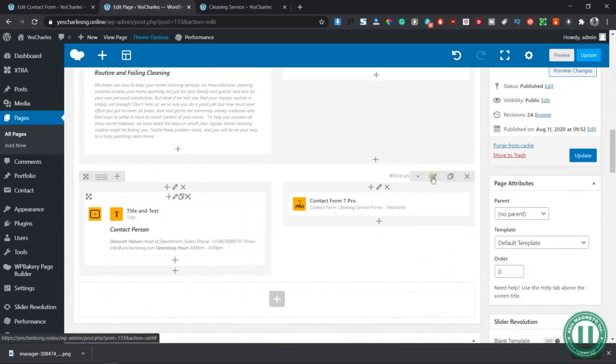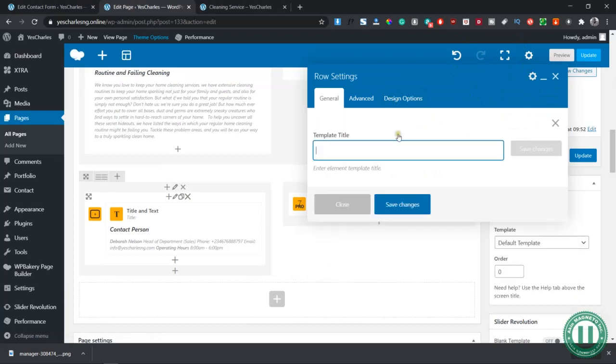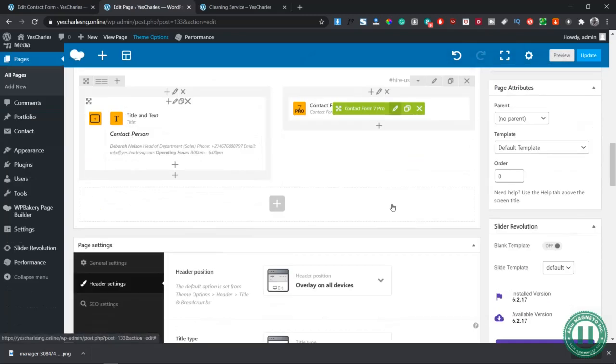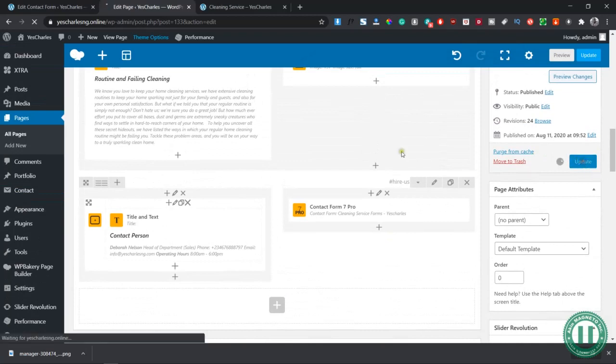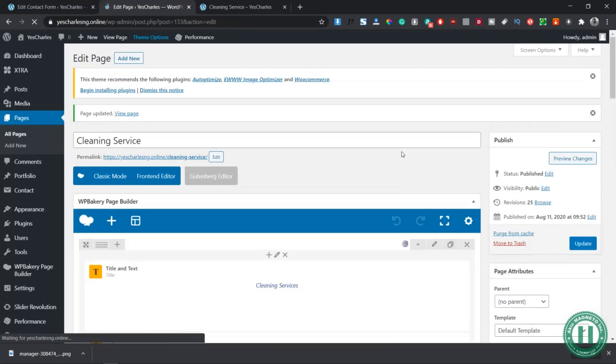Now the last one is just this. Save as template, three templates. Save changes and save the changes. Now what you need to do is update this page, so as to make the final changes to make it take effect. Since we want to do all the other service pages for this website,